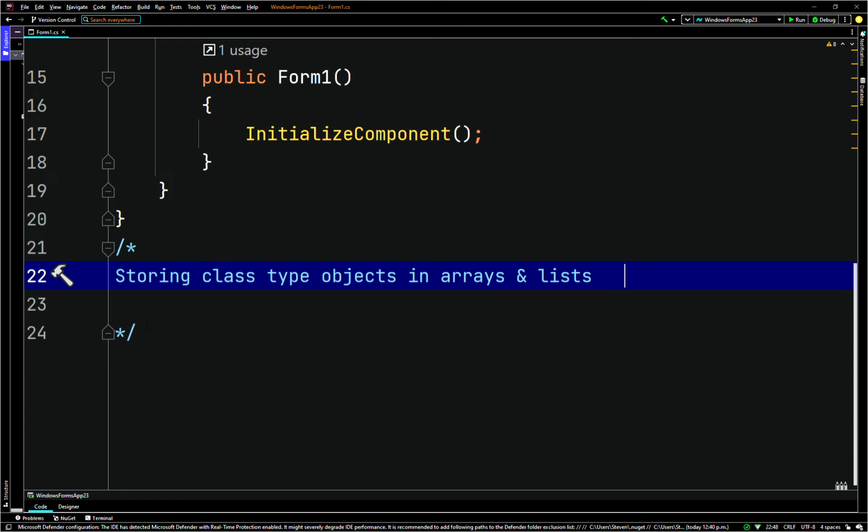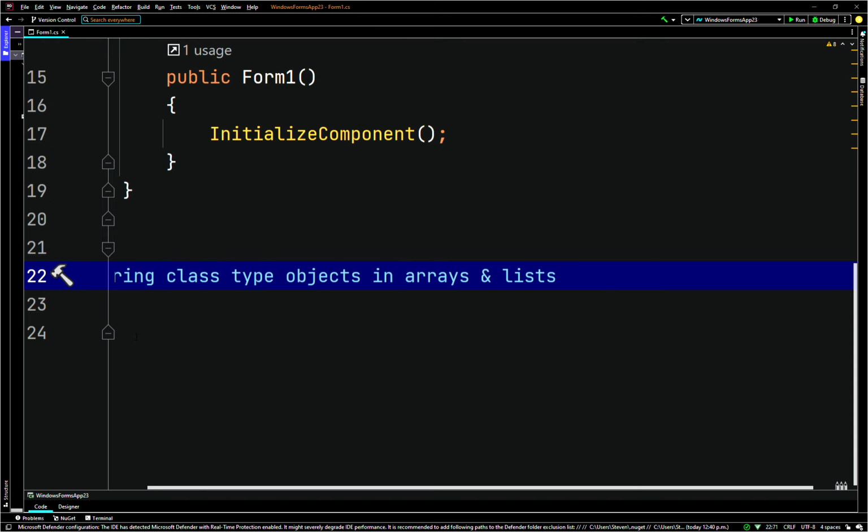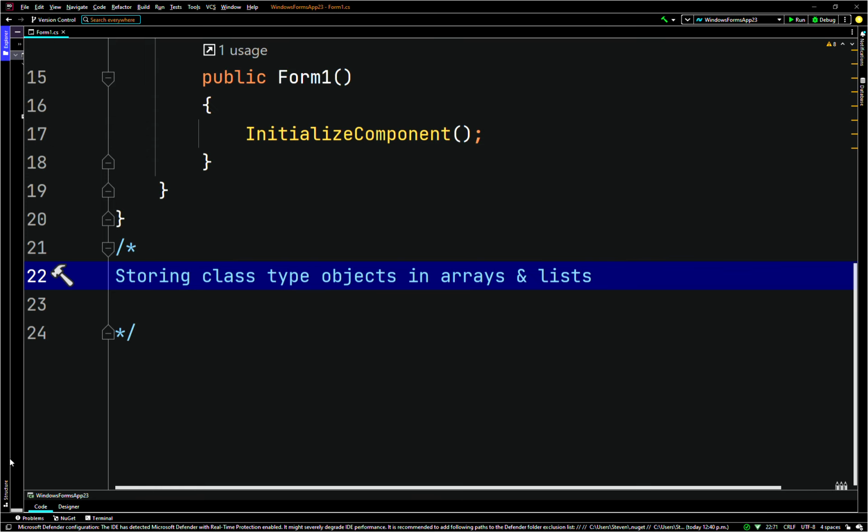Okay, so objects that are instances of a class can be stored in an array. So remember, instance just means object. So you can store objects in an array. So an array is an object itself. So basically, an object within a data structure object. Because an array is a data structure, it can store data. It's a special kind of structure to store data. So for example,